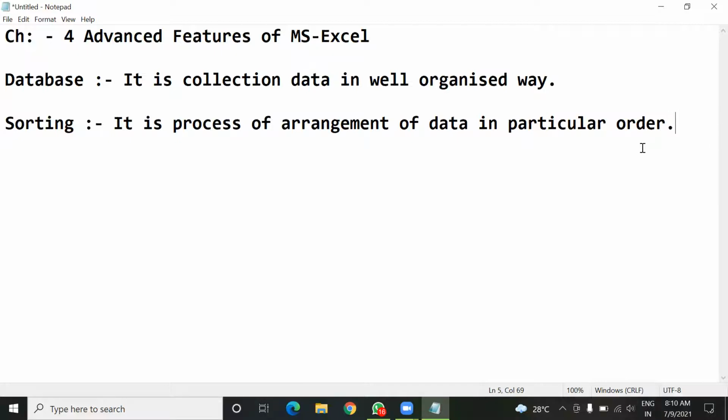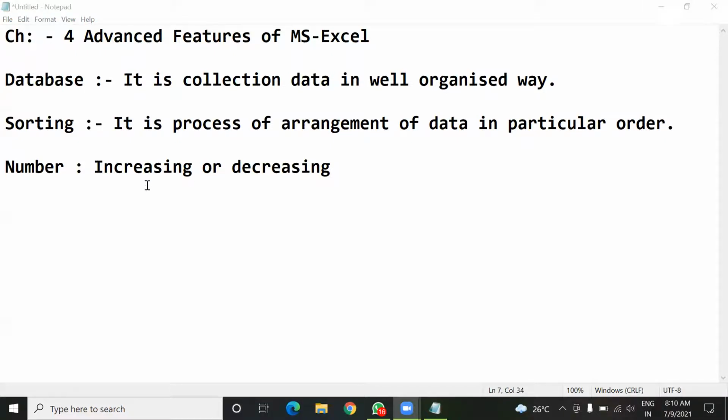Here, the particular order actually depends upon the type of data. If the data available is of type numbers, meaning numerical data, then your order can be increasing order or decreasing order. Understood? Yes, sir.